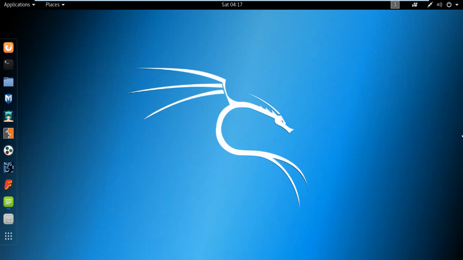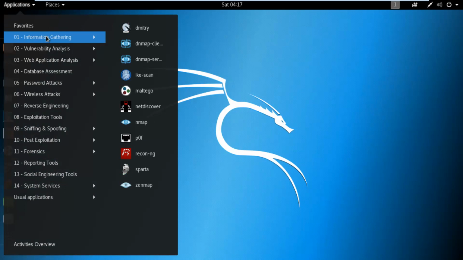So now I'm going to introduce the best tool which industry uses for information gathering as well as scanning. Inside Kali Linux we have that tool available, and if you click on applications and select information gathering, then you will see two tools available here. One is Zenmap and one is Nmap. These two tools are really important for you, so you need to focus on them because they will help you inside the projects of ethical hacking. I'm going to show you first of all